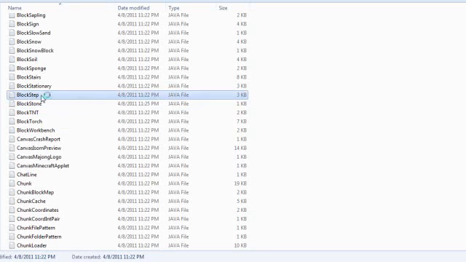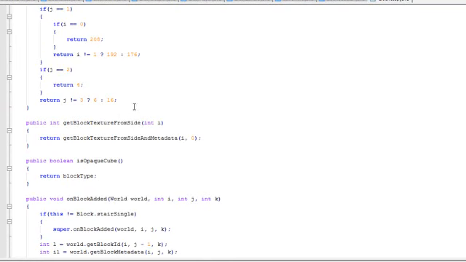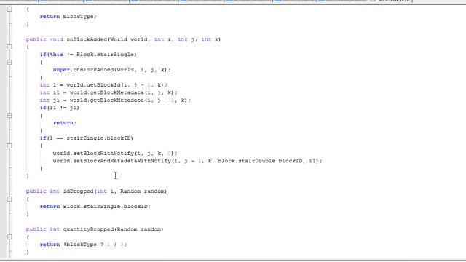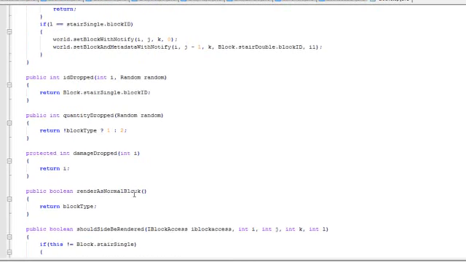If you just look in these files, and there's English somewhere in this, trust me, there's English that you can modify. Just as an example, quantity dropped 1 and then 2. That's easy to modify.